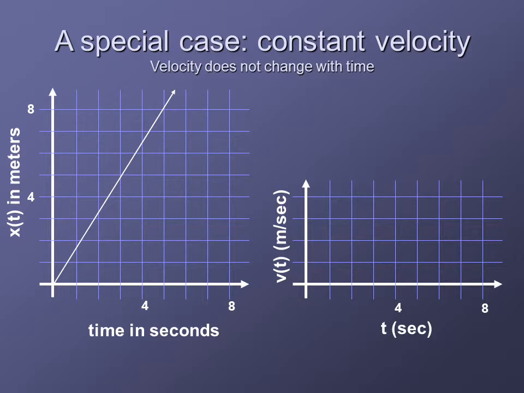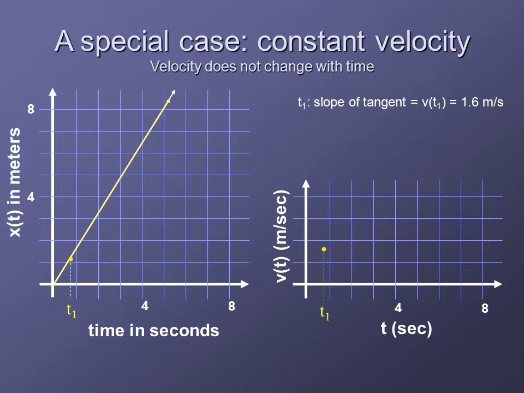Okay, we can use this graphical interpretation of the derivative to prove something that's a little circular in logic, but will make sense in just a moment. So we take a point, t1, on this motion at constant velocity, and it forms this yellow line that lies directly on top of the white line, so it's a little hard to see, but it's the same line. Same line means same slope,